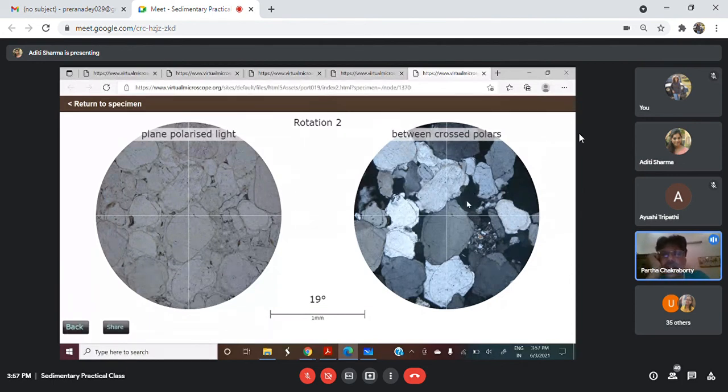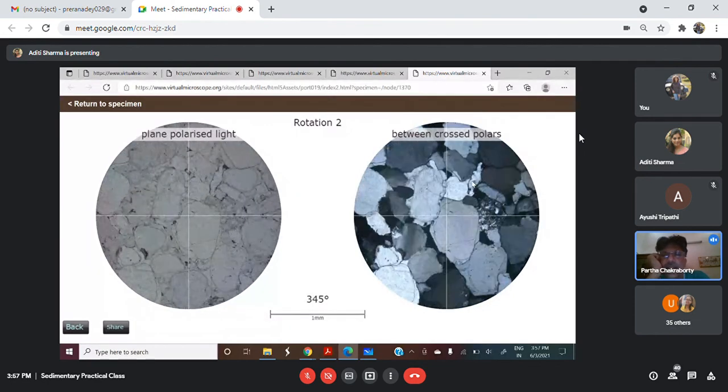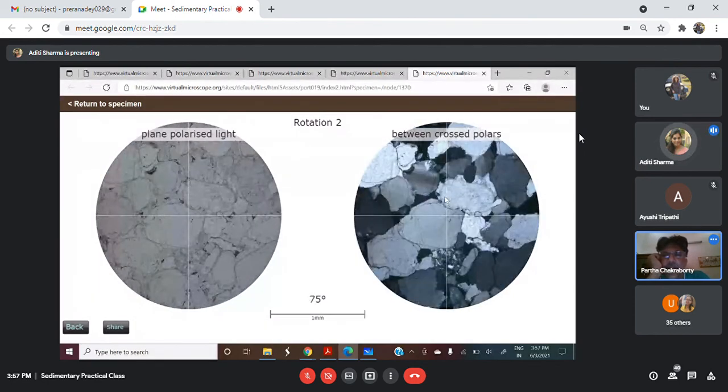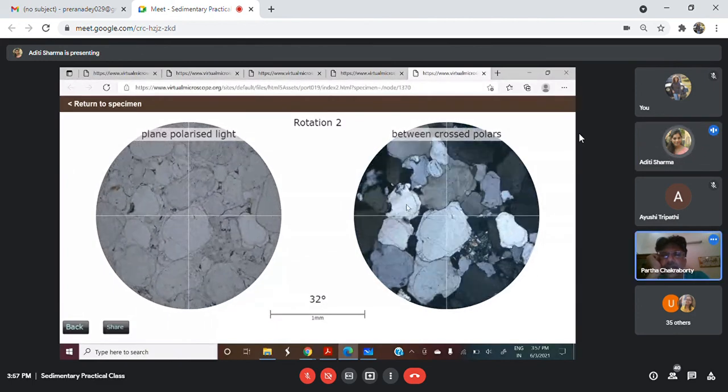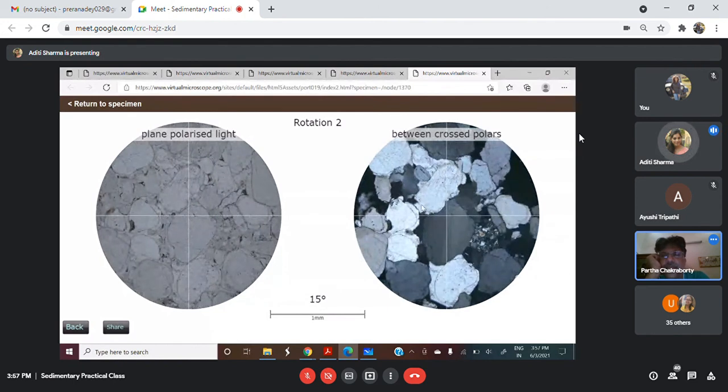We will show further also behind it. So one more thing is here, that this overgrowth is syntaxial with the original quartz grain. So it is showing the same property as the grain is showing. Yeah. So it is in the same crystallographic continuity. Yes, exactly. Which may not always be true. Yes, sir.